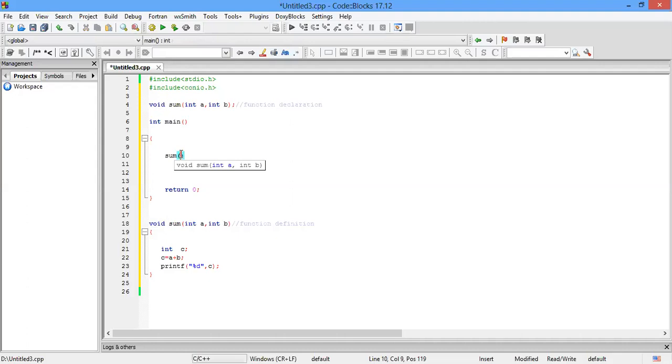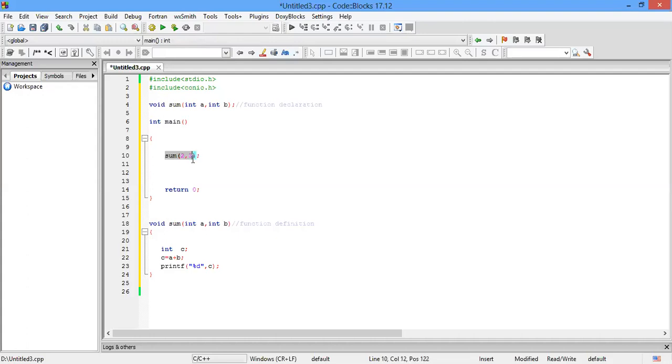So the first parameter is an integer a, that means I have to pass any integer value. I will pass, suppose, 2 and the second value 3. That's it. Fine. So how will the compiler work? First of all, your compiler will start the execution from this int main.